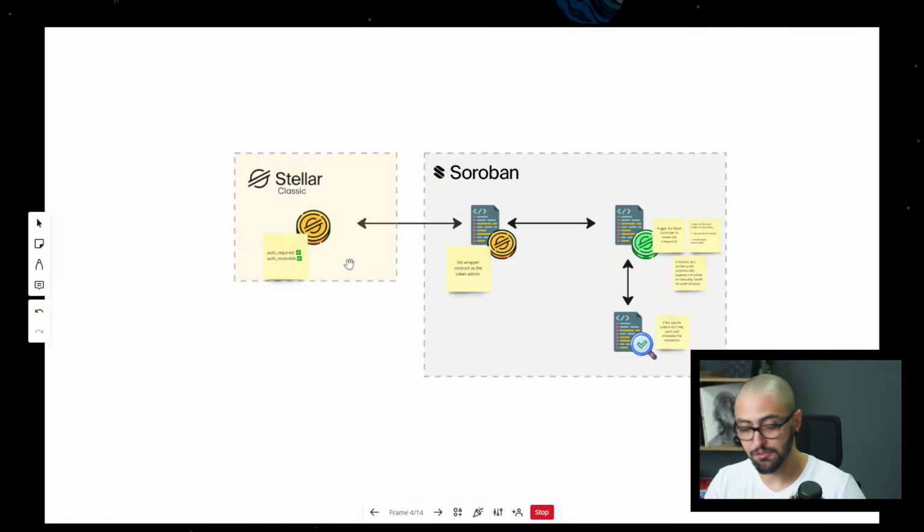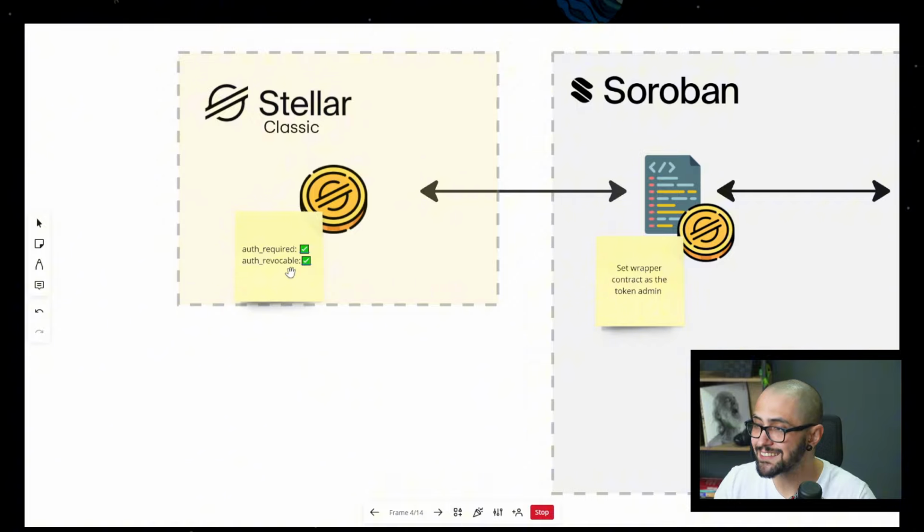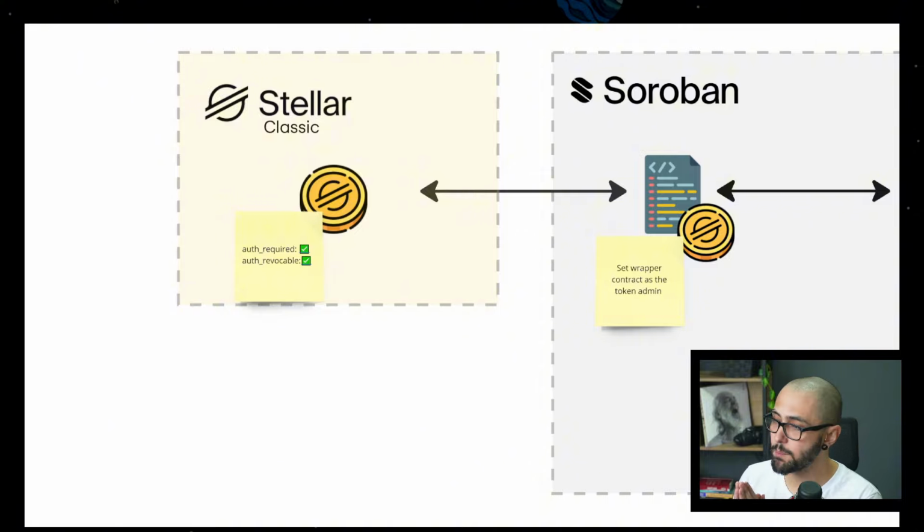So to start off, something we need to do in the classic asset is to enable two flags, the auth required and the auth revocable. With these two flags, we are making sure that first, every trust line, every account that wants to interact with this token, they are only able to transact and use the token if the trust line is authorized by the asset issuer. So that means that if I go there right now and create a trust line for this asset,